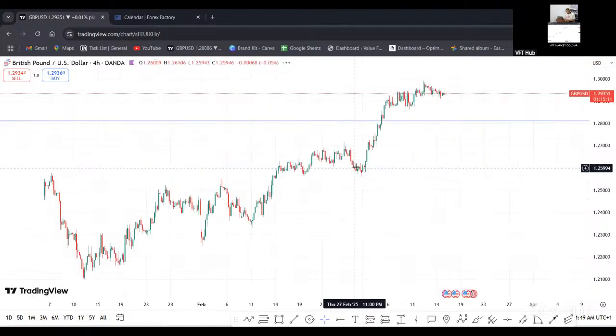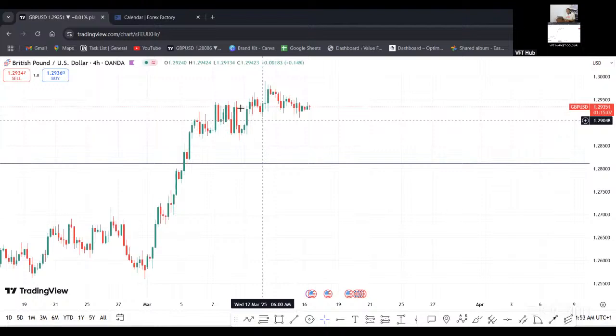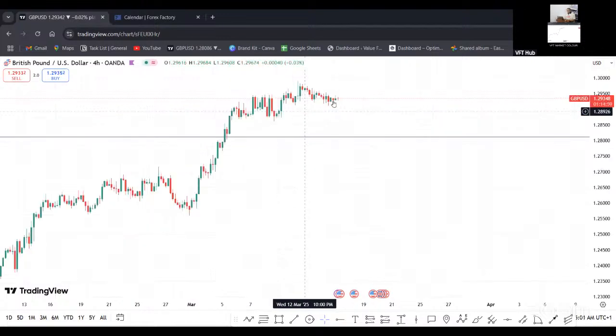Now, on the 4-hour time frame, you can see that GBP USD has lost momentum. Look at the kind of candles that have been formed on the 4-hour time frame. They're not candles showing us that there's enough momentum to sell to the downside. So I'll be very careful with my GBP USD sell, okay, especially for the first half of this week, because